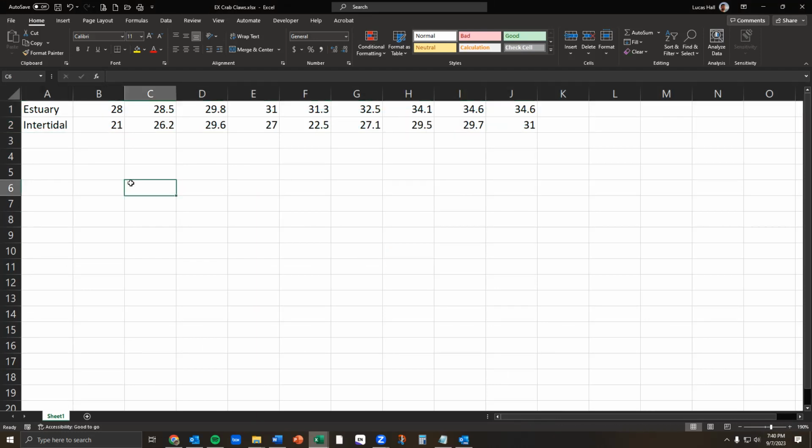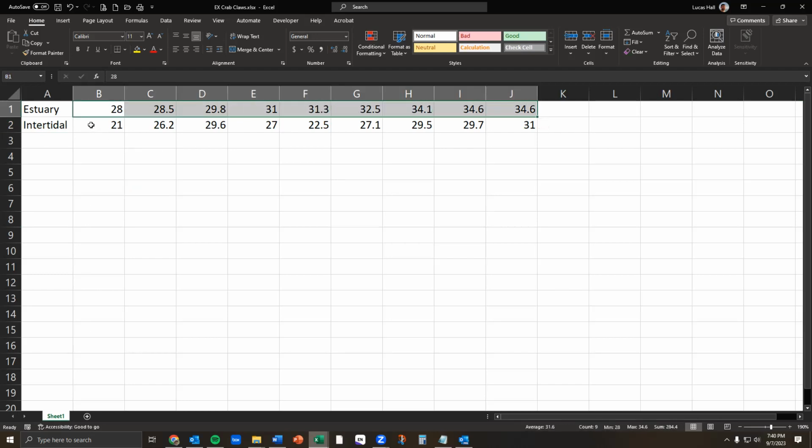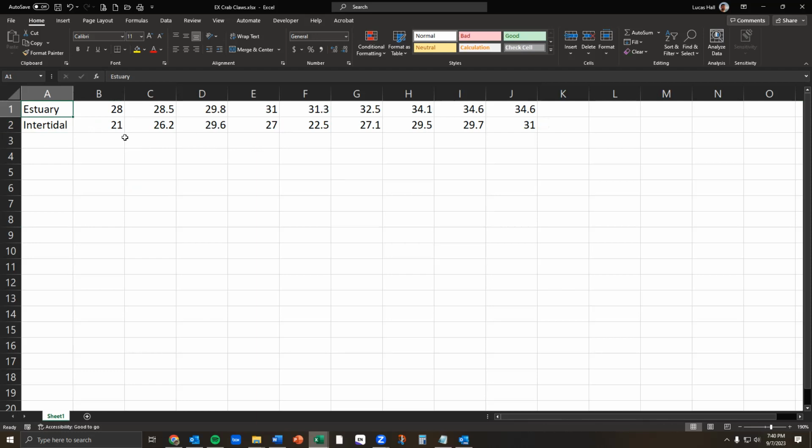Now, just a brief background on this data set. Each one of these cells represents a value that is a measurement of the length of a claw of a crab in millimeters. So all of these are millimeters. And this represents 9 different crabs that had one of their claws measured in an estuary water type,